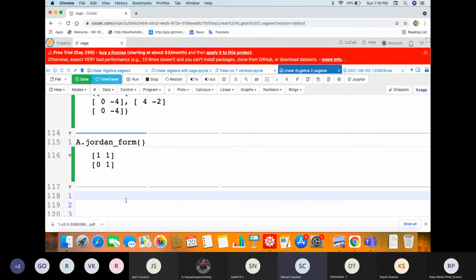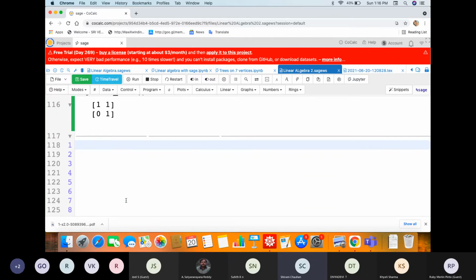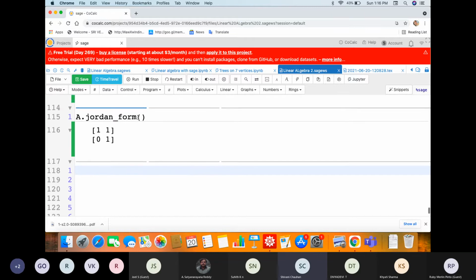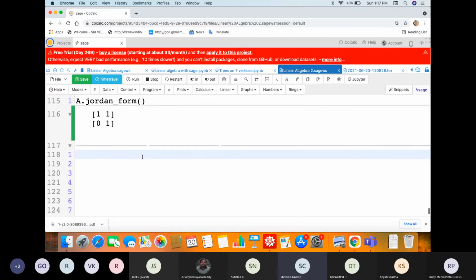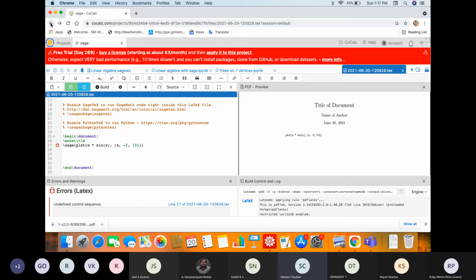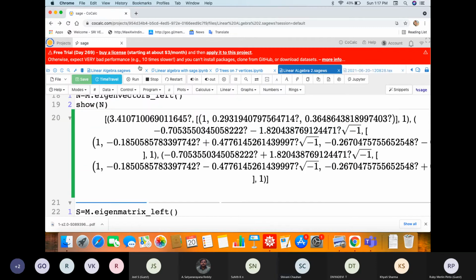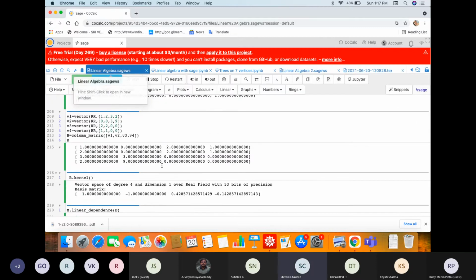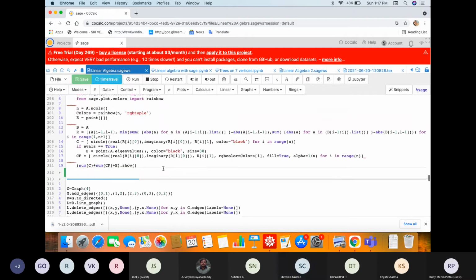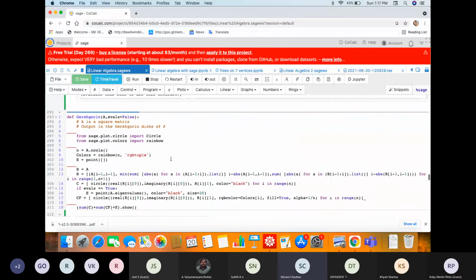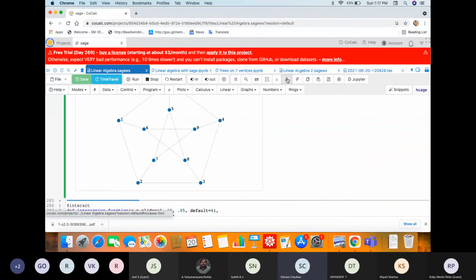Today we have not covered how to define something in Sage. The commands are a little big, so I'll just show you one example.